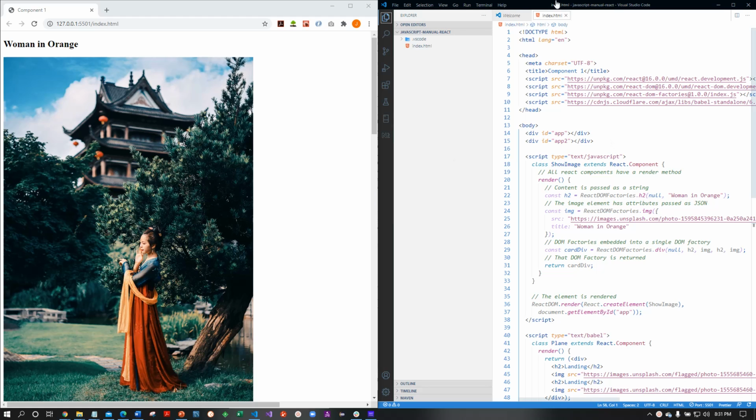So I have my manually built React application over here and its results on the left. This is not going to look like what we're going to work on for most of our React studies. For most of our React studies, we're going to use the nice tooling that comes with React to automatically create these components for us and put them in the proper context and architecture. This is just using a flat